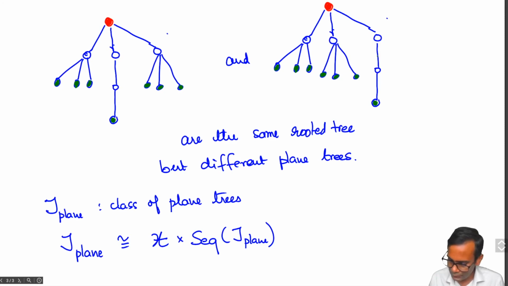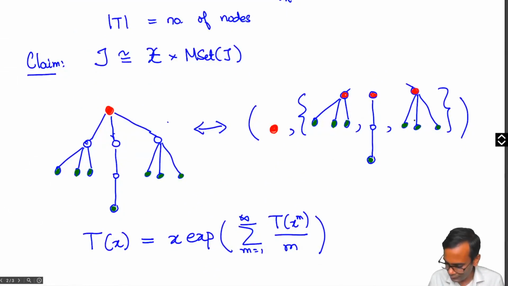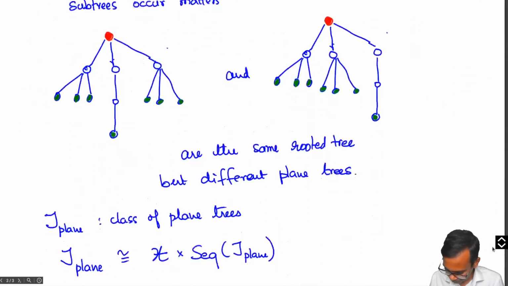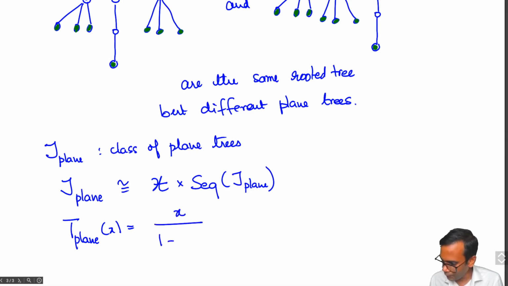So now the order in which these three subtrees occur will matter. So here I wrote them in any random order, but now it matters whether this came first, this came second, and this came third or not. And so what we get is the generating function T plane of x is equal to x over 1 minus